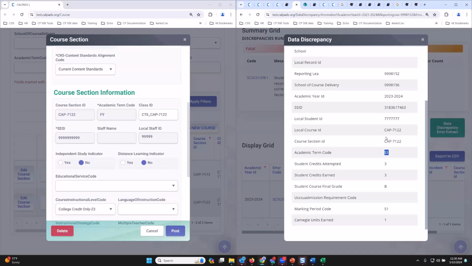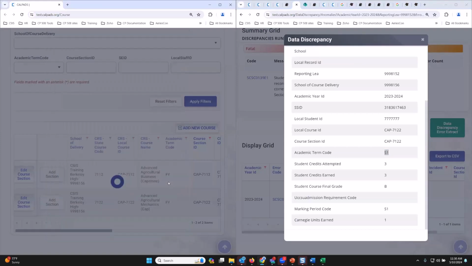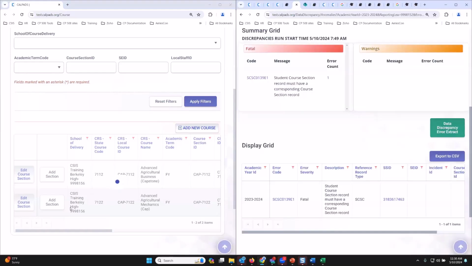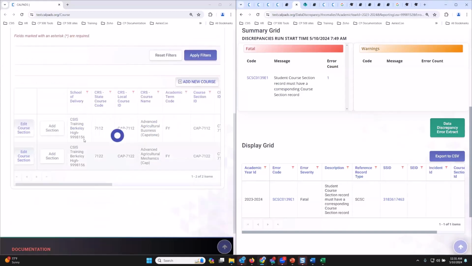Now, if this is only one error, right, then a way to just resolve this issue is, if you only have one student that's causing an SCSE 139 or a handful of them, then you just have to resubmit the file and that would overwrite it, right?